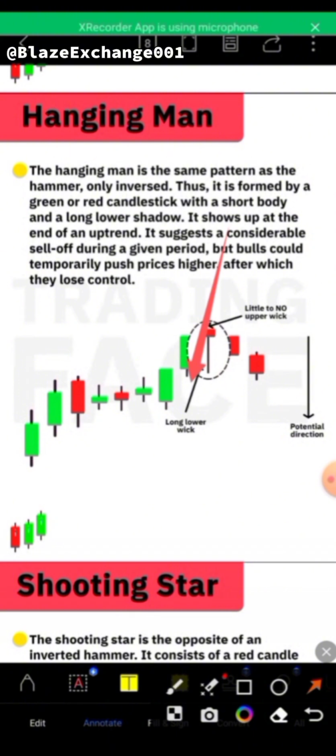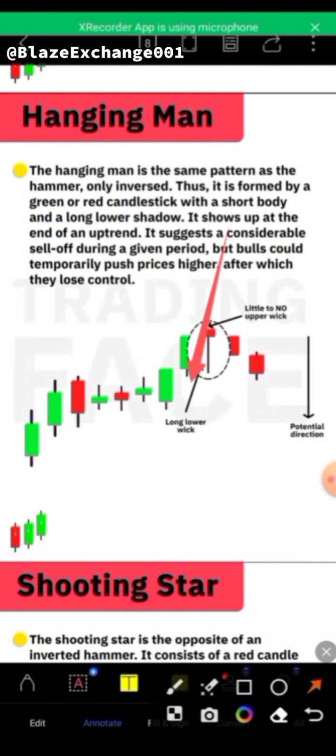If you have a phone with a wider screen, you can decide to rotate your phone and analyze it. Even if your phone is not that big, you can zoom it. I think they normally zoom TradingView, so you can zoom it and check some things. So now let's continue. It shows up at the end of an uptrend, which I've already explained.